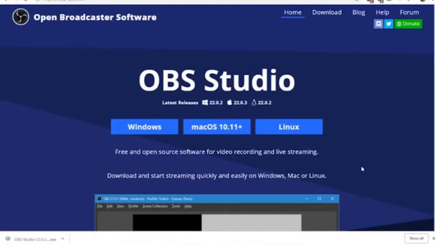To start off, you're going to want to head to the first link in the description down below. Once you're there, you're going to be greeted with a page similar to this, and you're going to want to choose the operating system that you're using. In my case, I'm using Windows, so I'm going to click Windows. If you're using Mac or Linux, you can click those appropriate buttons, and once you do that, you'll be greeted